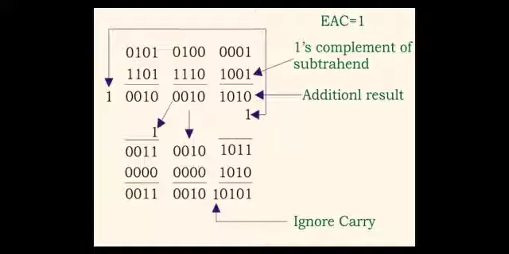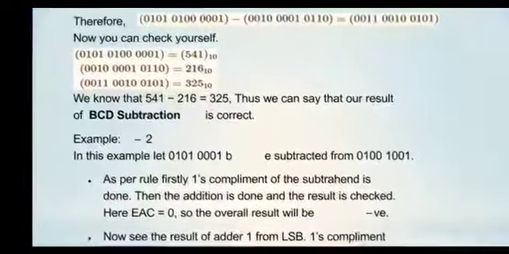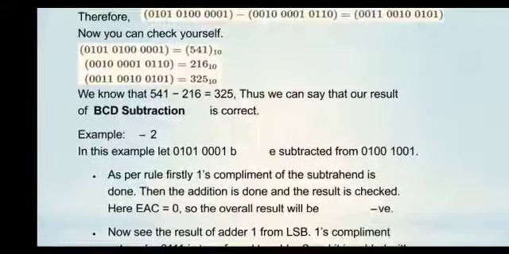This is the example of subtraction using the ones complement. First value is the minuend and the second one is the subtrahend. Here the digits 5, 4, 1 form 541, which is the minuend. The first value is the minuend and the second value is the subtrahend. First, as it is, we write 541.